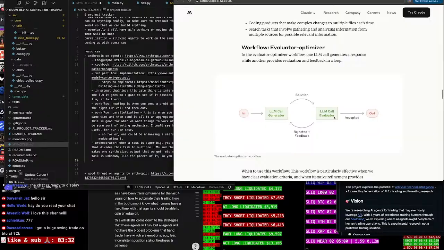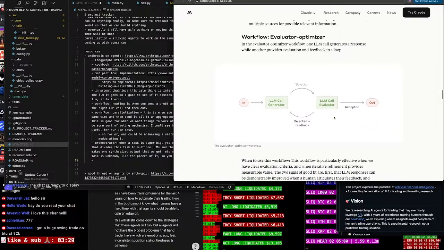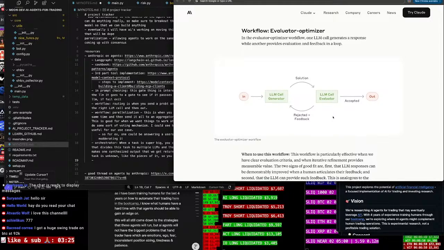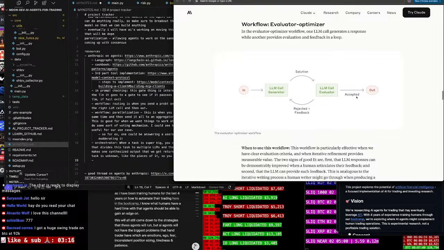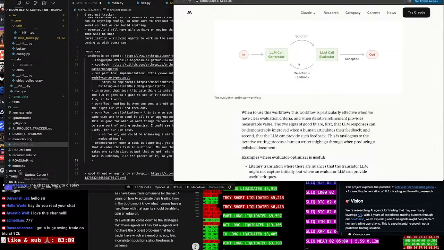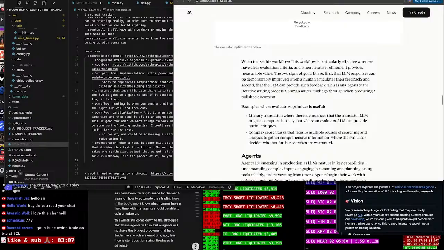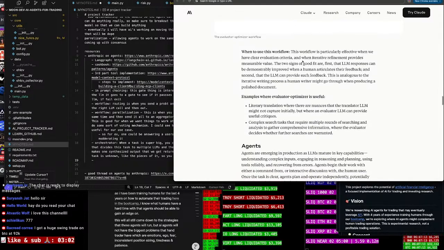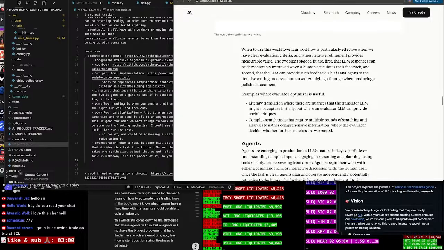Workflow: evaluator optimizer. In the evaluator optimizer workflow, one LLM call generates a response while another provides evaluation and feedback in a loop. This is great for coding. Solution rejected plus feedback, this is what we've been working on. When to use this workflow: it's particularly effective when we have clear evaluation criteria and when iterative refinement provides measurable